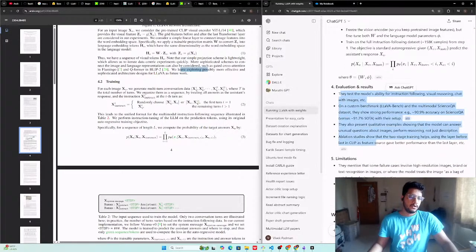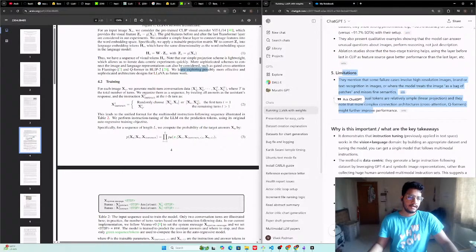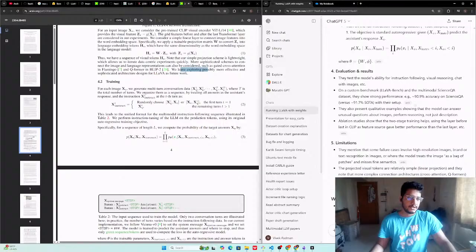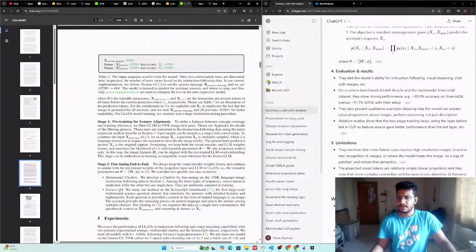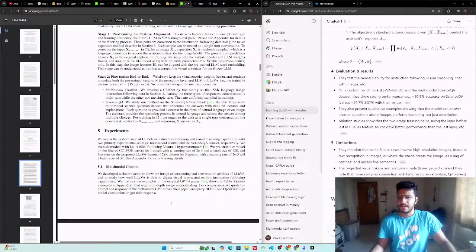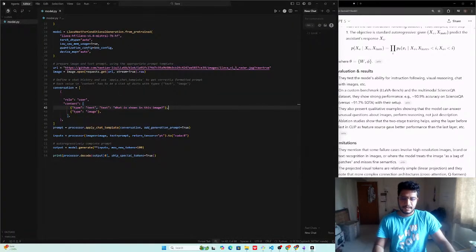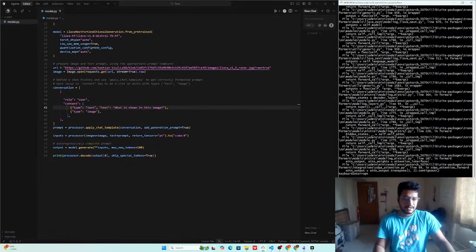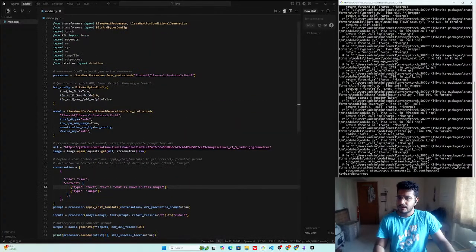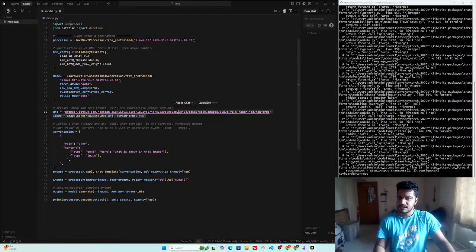And yeah, so I would want to recreate something like this, like a smaller version of this, just to understand how this fine tuning works. So yeah, this paper is quite simple in terms of what it's trying to do. But yeah, it was like the very start of the vision language model revolution. So as we tried the latest 1.6 Lava Next, we can also try, I think, with the local images,